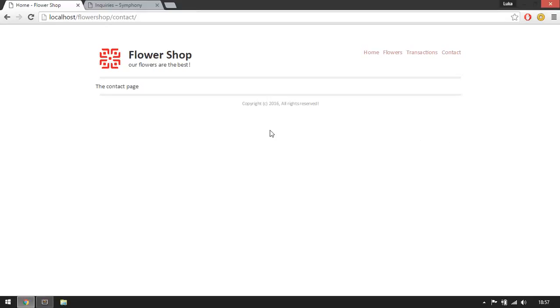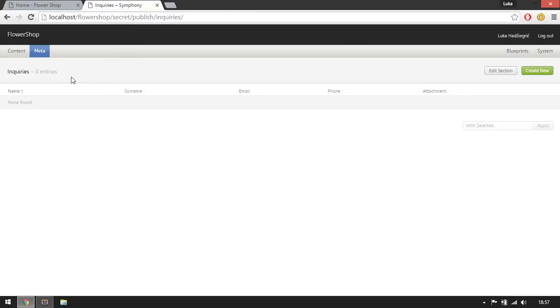Okay, so now we will take a look at how we can actually store the data that's being sent through forms from our frontend into the section in our backend. And for that I'll just use our contact page for demonstration. So basically we are creating a contact form, and then we will be storing the data in our inquiries section